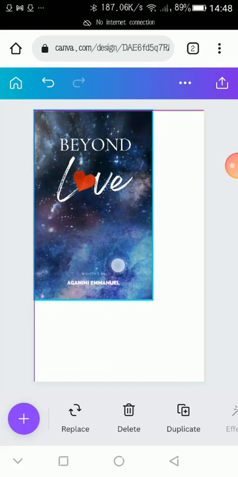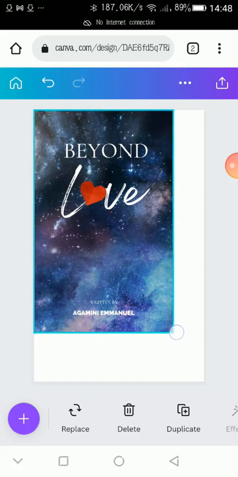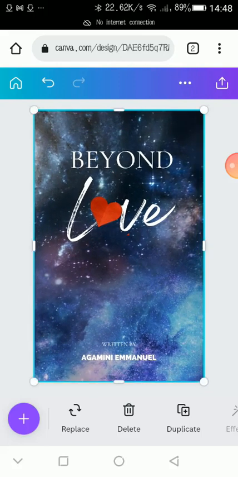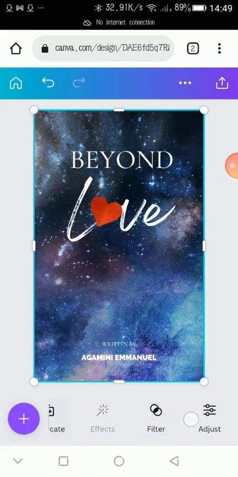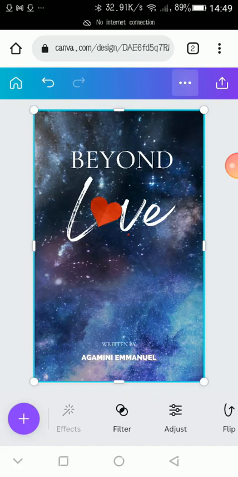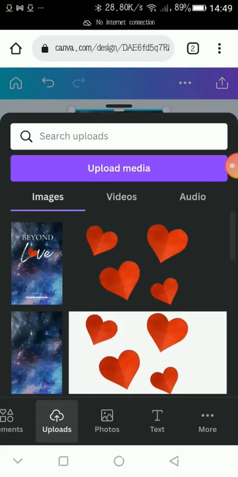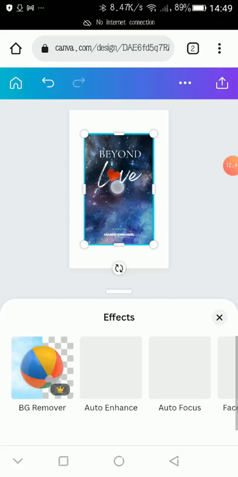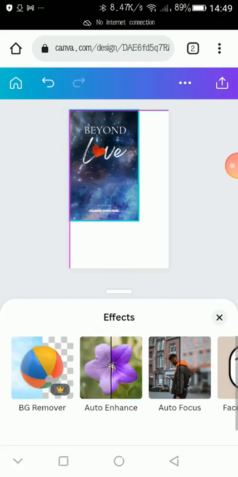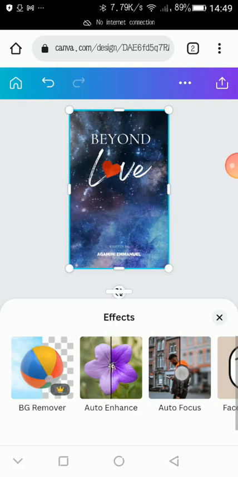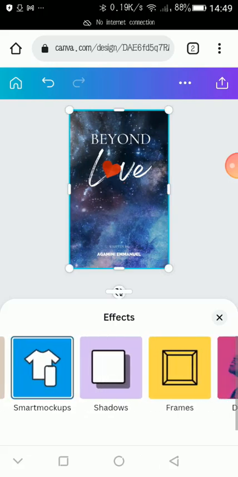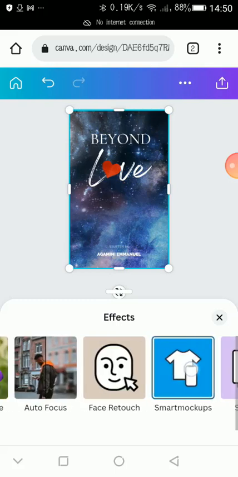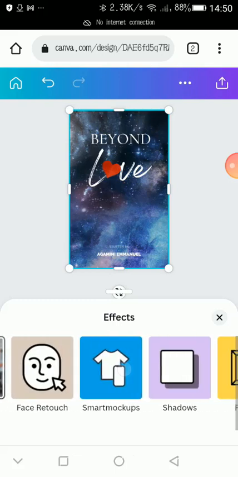Alright, so what I can do now is I can either resize it here, fit it here, then I'll come to effects. I think the image is still loading, that's why effect is not working. Okay, the effect is here now. So I want to make this my mock-up. I want to make a book mock-up for it. So you can see here we have smart mock-up. So come to smart mock-up